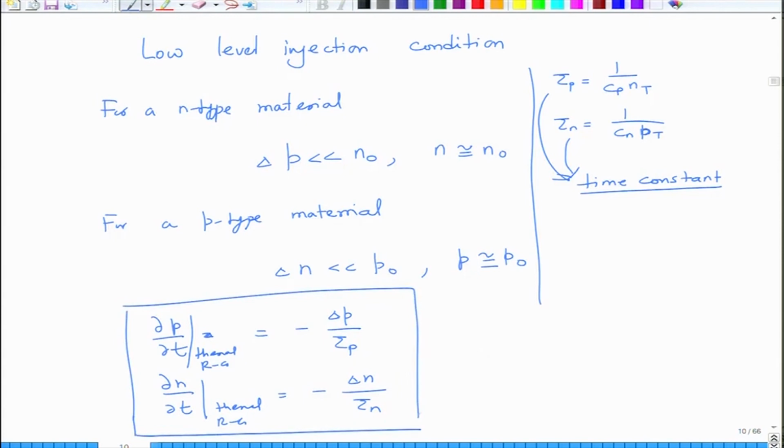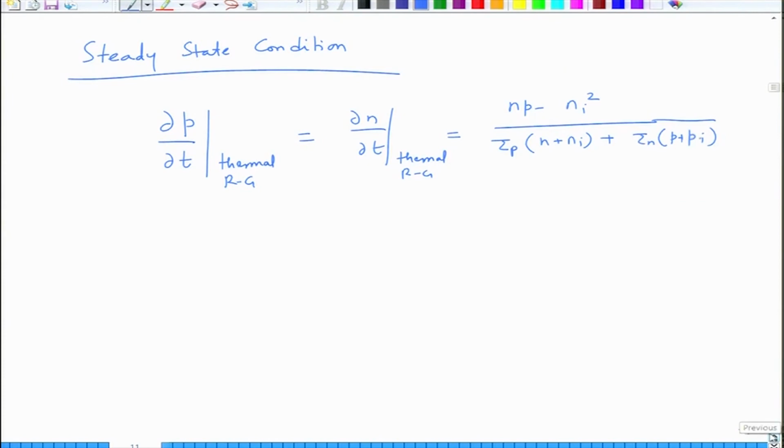This then leads us to another condition, which is the steady state condition. In the steady state condition, del p by del t is equal to del n by del t, which is equal to (np minus ni square) into tau divided by (tau into (n plus ni) plus tau n into (p plus ni)), and this happens when Et is equal to Ei. That is the steady state condition. I will not go into the derivation, but if you want you can have a look at this,